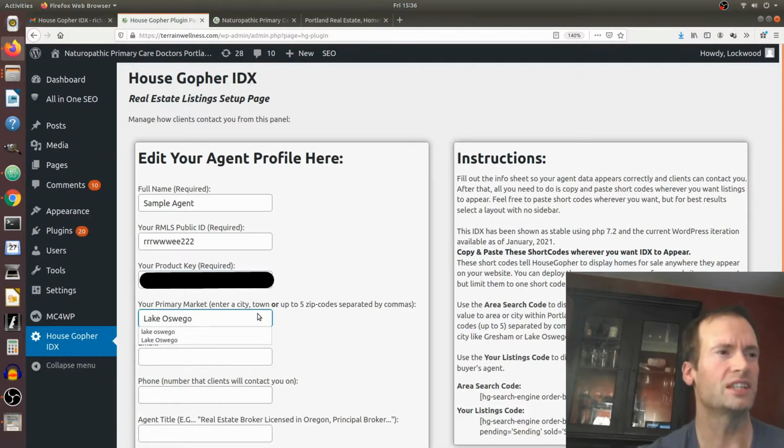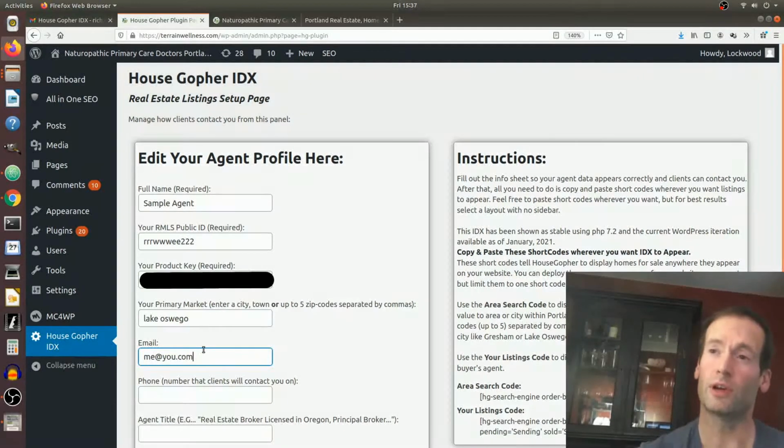You can put a city name, or you can do comma separated zip codes, say like 97035, 97034, stuff like that, up to 5 zip codes separated by commas. We'll just stick with Lake Oswego though. Type in the email that you'd like to be reached at. This is what the showing request form is going to automatically email to. If you want, you can do a phone number,